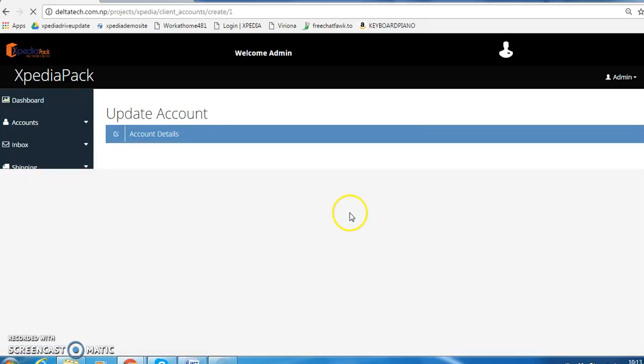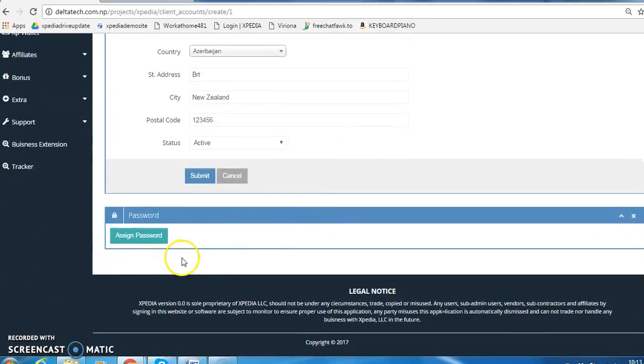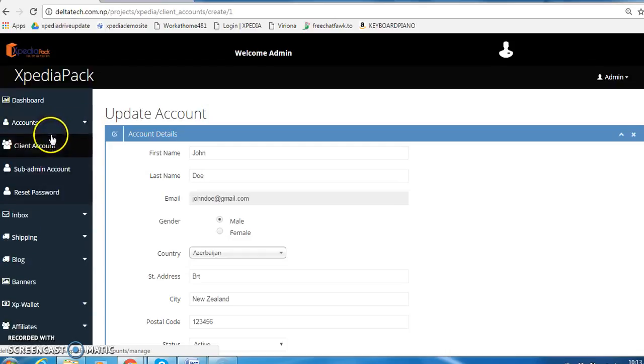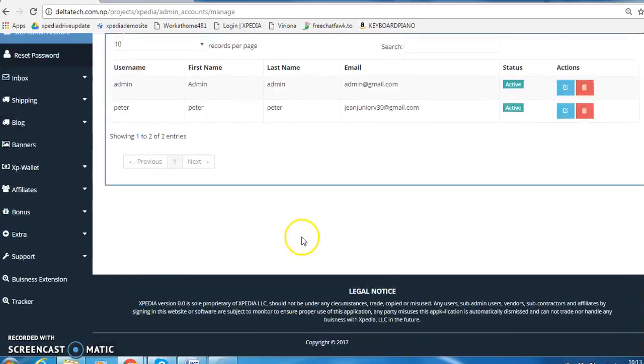Okay, so if you go here, better you put the tab here for me under the sub admin account, because with everything that we do, we cannot afford to change the password every single time. All right, so now let me go here again, the sub account, sub admin account, and